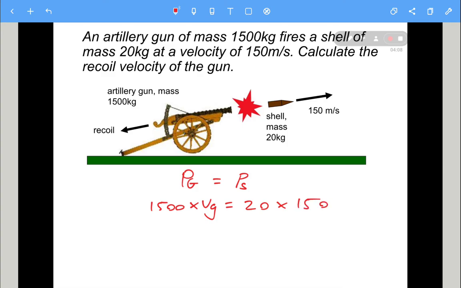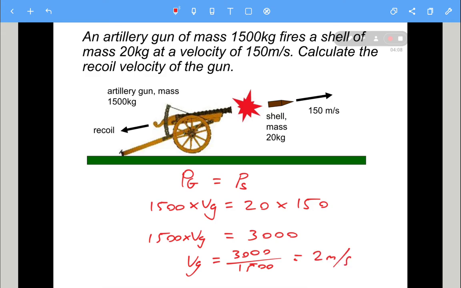So then it's just a matter of doing the sums and making v the subject. On the right hand side, we've got 20 times 150, which is 3,000. So we've got 1,500 lots of Vg equals 3,000. So the velocity of the gun, we need to get rid of the times 1,500. So obviously to get rid of a times 1,500 to the other side, we have to divide by 1,500. So the velocity of the gun is 3,000 divided by 1,500, which gives us 2 meters per second to the